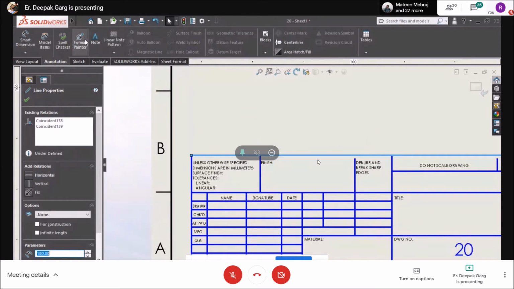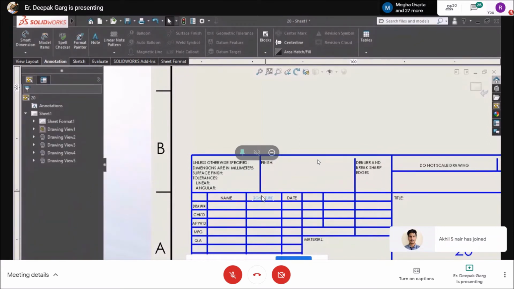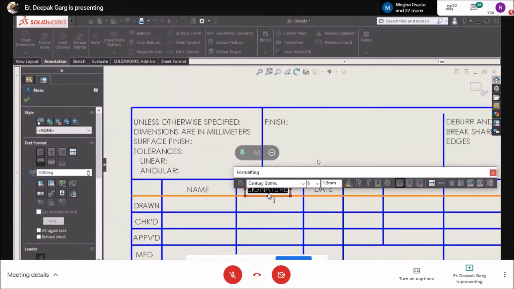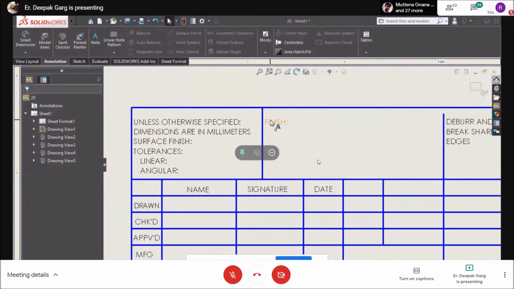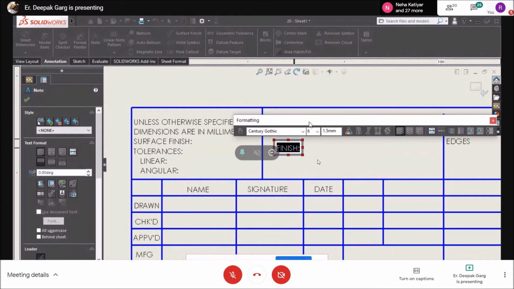You can write anything here also. You can just double click anywhere, write, and make changes. Also you can Control C and Control V, copy paste it, move it anywhere and edit it anytime.